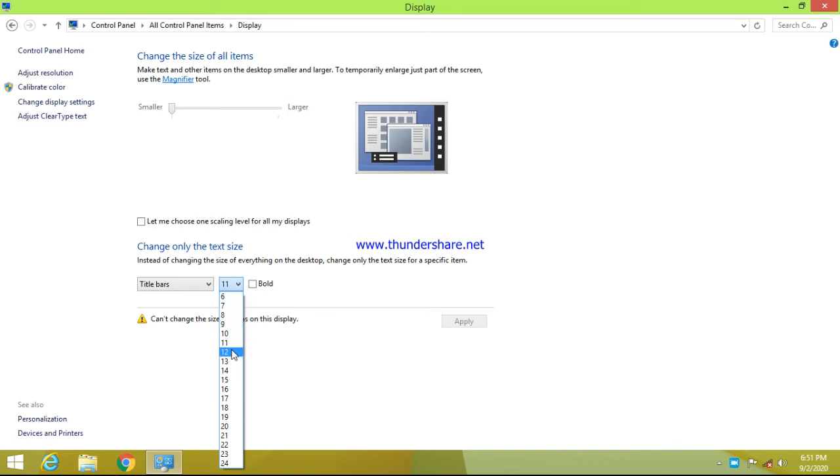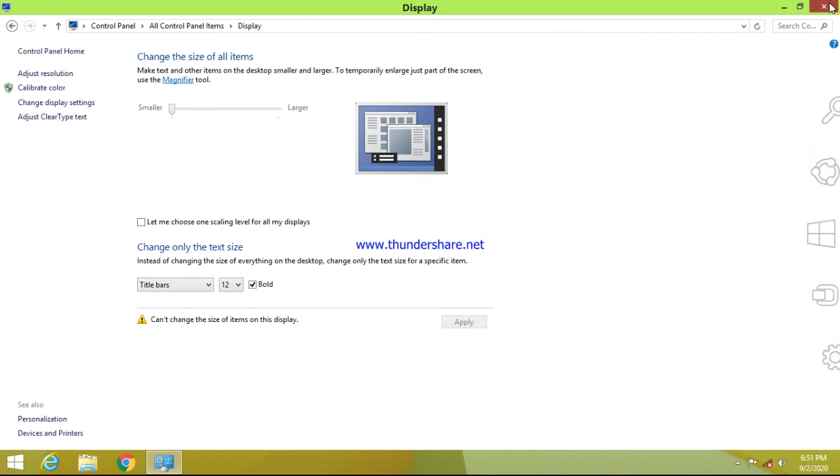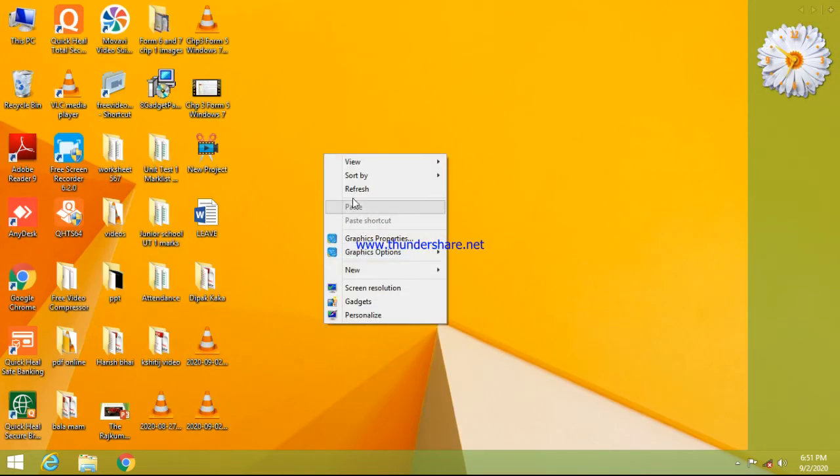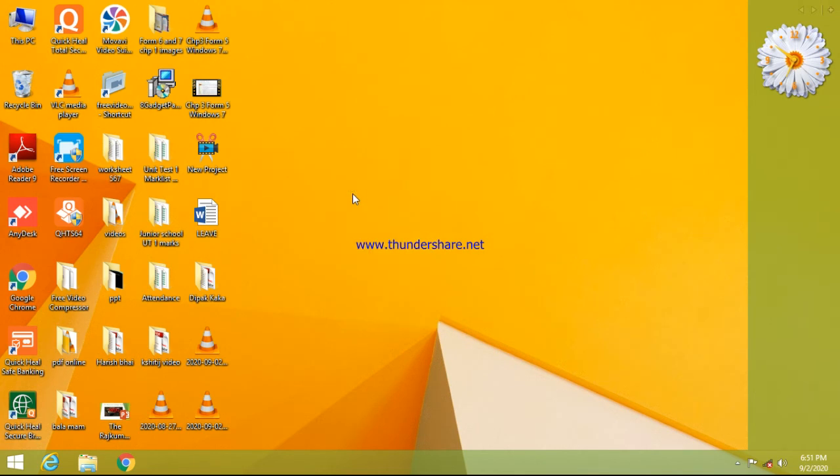This is the font setting, and you can change the setting to a slightly bigger one if you want. If you want to apply bold, the font would be a little bit darker than the previous one.